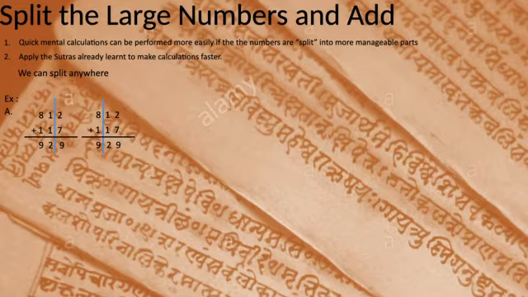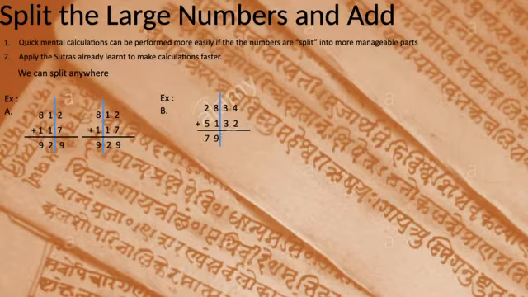Let's look at one more example. This is a 4-digit number. We'll split at the hundreds place like this. We'll add up all the thousands first and then the tens. Now when we add up 28 and 51, which is 2800 and 5100, it gives us 7900, or rather simply 79.